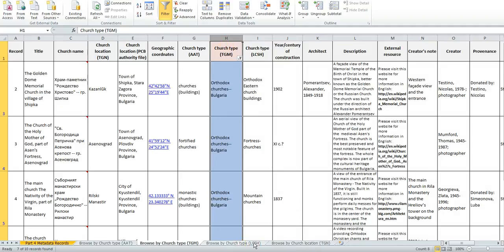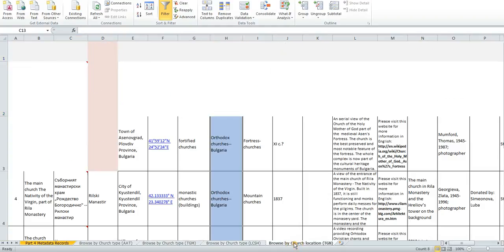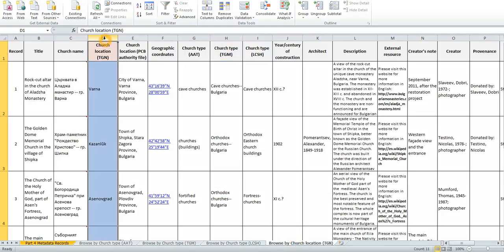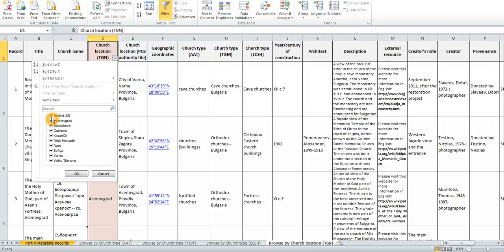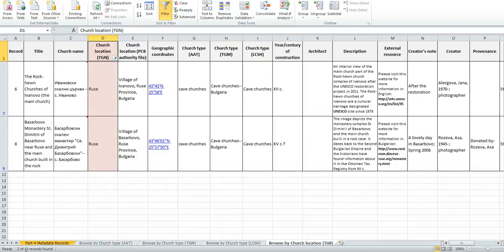And let's go to church location. So for the church location, I'm using Thesaurus of Geographic Names. This is the Getty controlled vocabulary. So again, I'm turning on this filter for this particular field, go to the drop-down, and since I think that this has repeated values in it, I'm selecting the town of Ruse, click OK, and then out of 10 records, I retrieved 2 records that have this particular value in this metadata